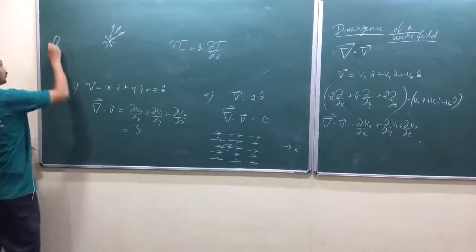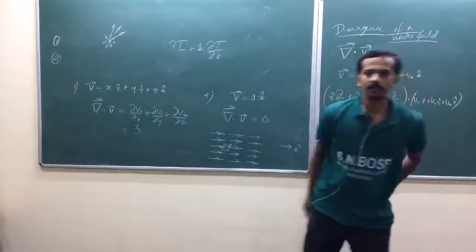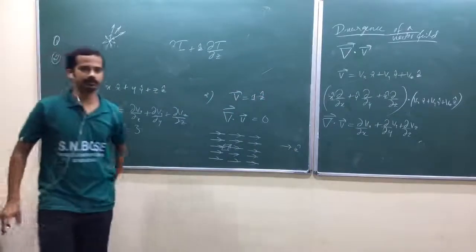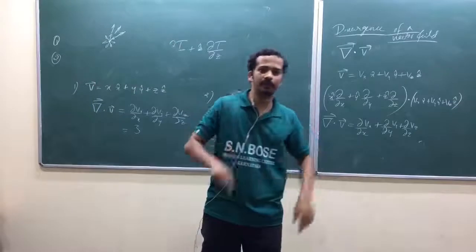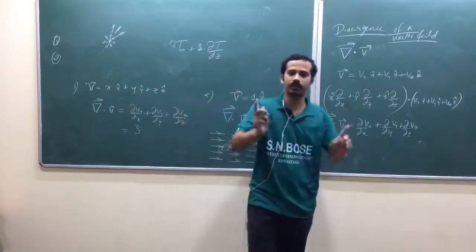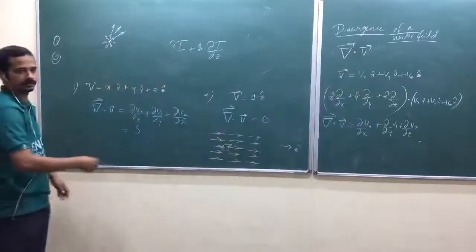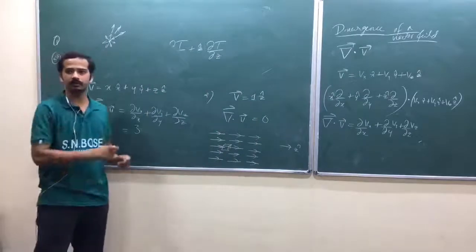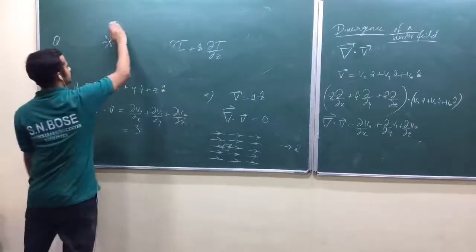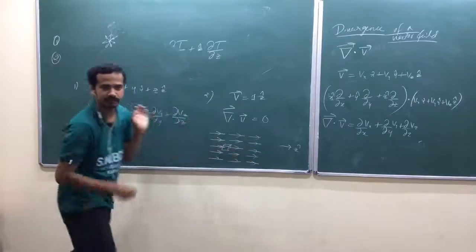There are two ways of representing a vector field. One is the density of the field lines, the density of the vector field lines. We'll talk about strength. The other one is the length of the vector lines, I mean representing it on a board. We'll talk about the strength of the vector. We have two choices: one is the density of field lines, the other is the length of the field lines. So here what I have done is, I kept density as well as length the same. Am I right? Wait a second.